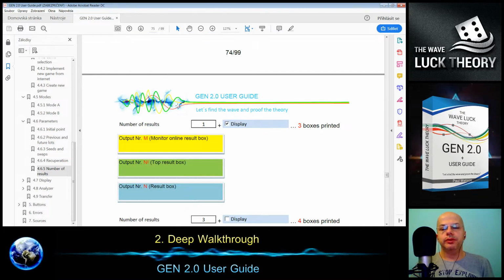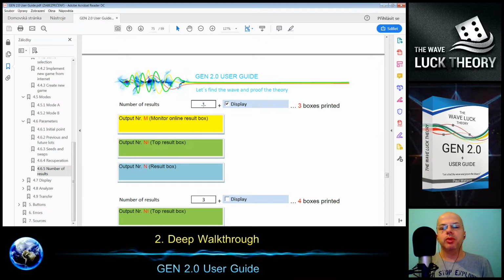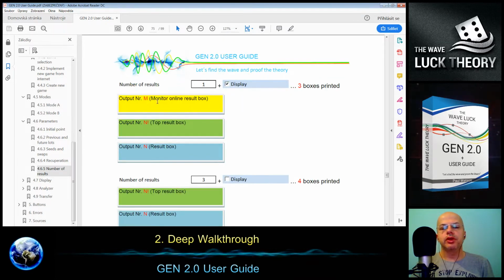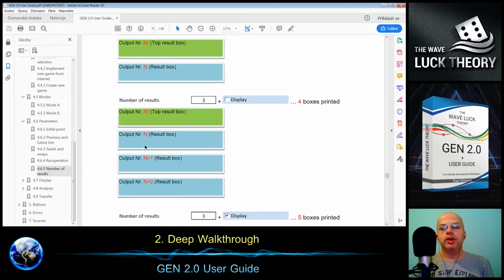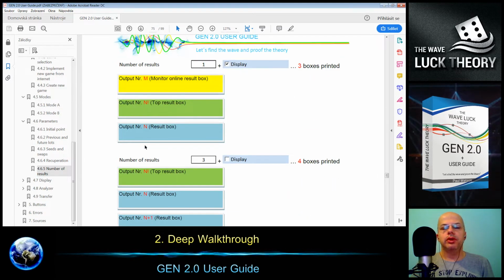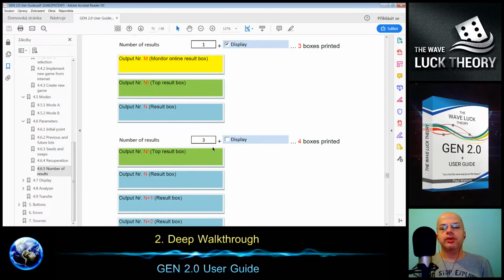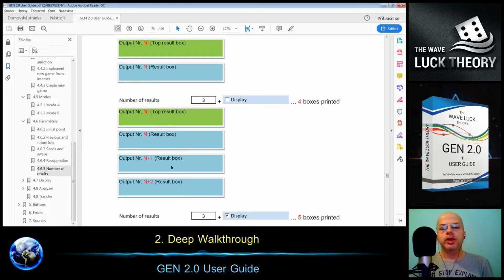And if we have number 1 and we check the display, then we are getting 3 boxes. The first one is the monitoring one, the second is the best, and the last is the last best result. And there is another case: if there are more outputs and display is off, then we have 3 last results and the best one, and one of them will be equal to the best one.